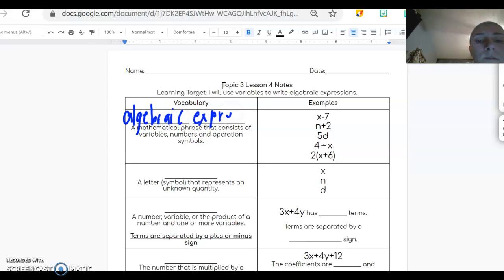An algebraic expression is a mathematical phrase that consists of variables, numbers, and operation symbols. All right? So the main difference between the expressions we've been working with and now our algebraic expressions is that they contain variables. So some examples on the right: x minus 7, n plus 2,